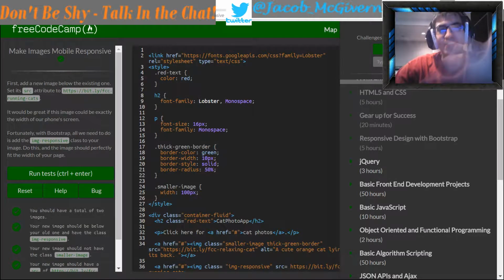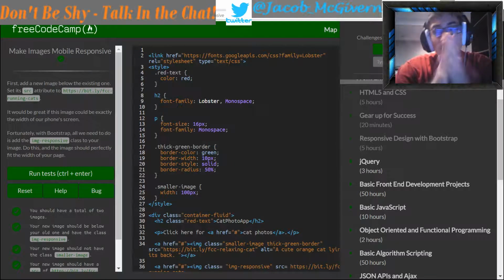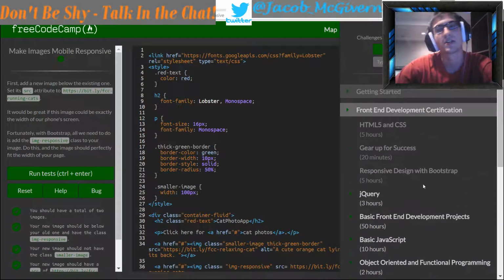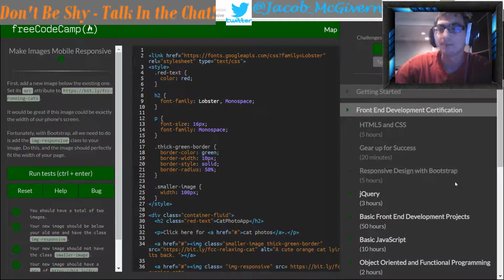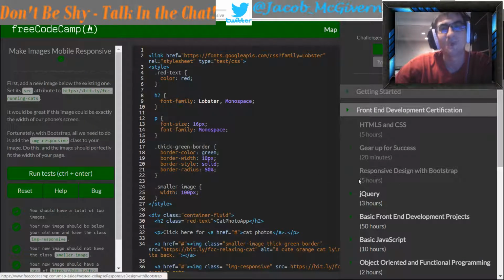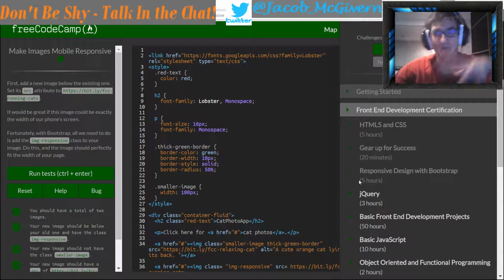So this afternoon or evening, depending when you're watching, for the third time today, we will be going through FreeCodeCamp.com, more specifically the jQuery section. This morning we went through the end of HTML5. This afternoon we went through the entire responsive design with Bootstrap. And now we're heading into jQuery, which is the final section before the